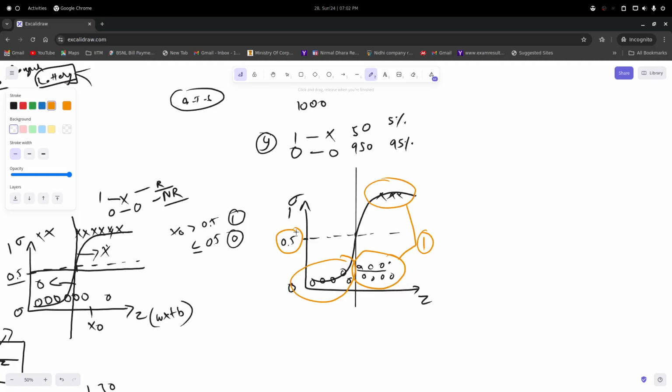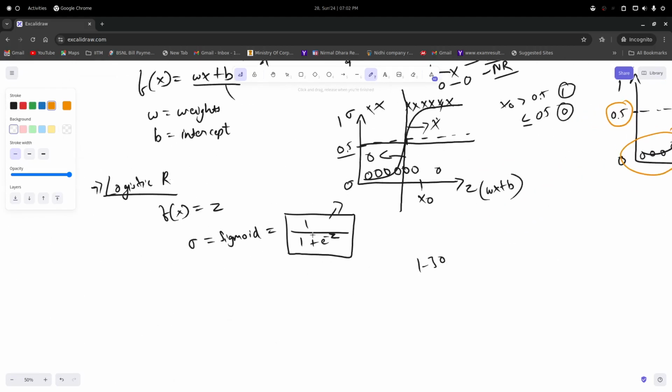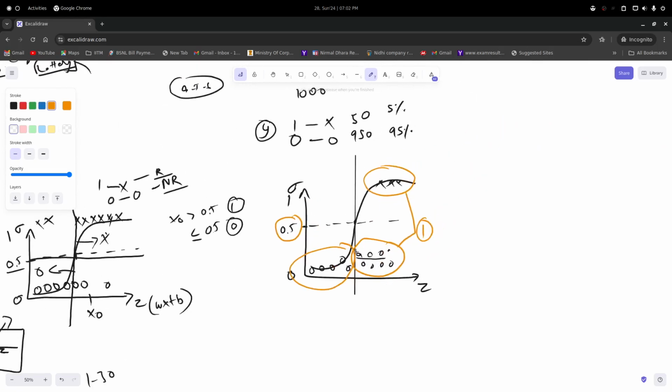If the threshold is 0.5, then the number of patients below 0.5 also have heart disease. It means a total of 500 people have heart disease. Not exactly 500. You have not understood this one. See, this function has a range of 0 to 1, and it gives a probability. On that probability, we set a threshold, and based on that threshold, we set a decision boundary. If I show you